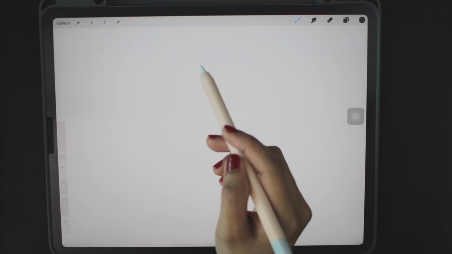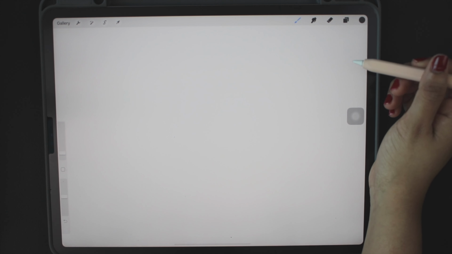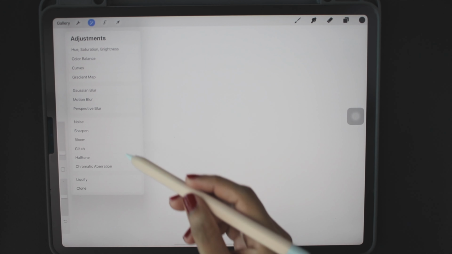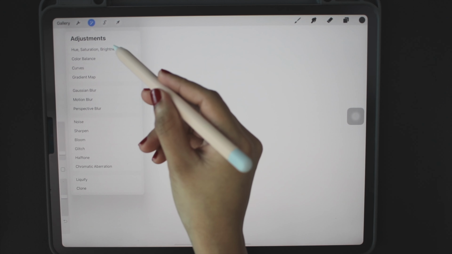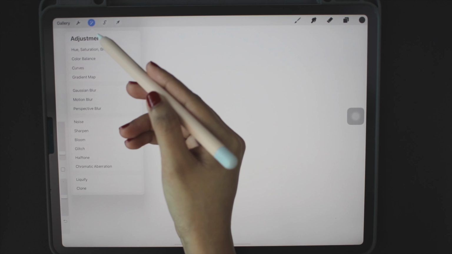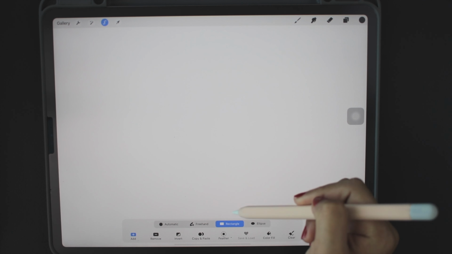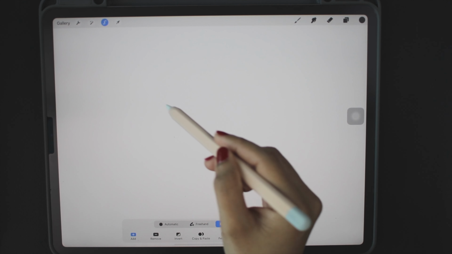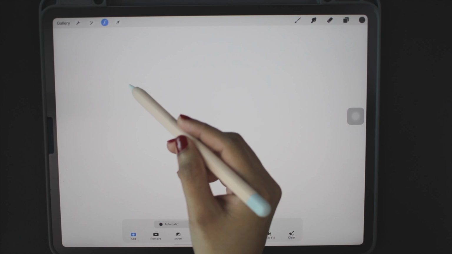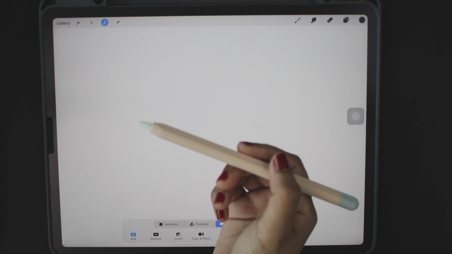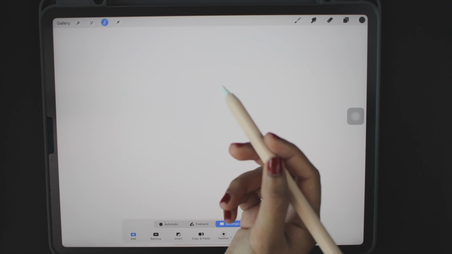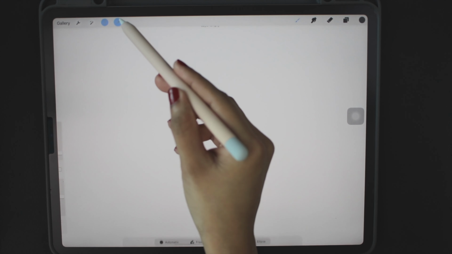Now click on the canvas to hide the menu. And let's move on to the adjustments menu, which is under the magic wand icon. Here we can use the color adjustments that we can apply to our artwork. The next one is the selection tool, which lets you select an area on the canvas to make edits to it. Click on it to get out of that menu. The last one is a really helpful transformation tool, which we will explore later when we sketch.